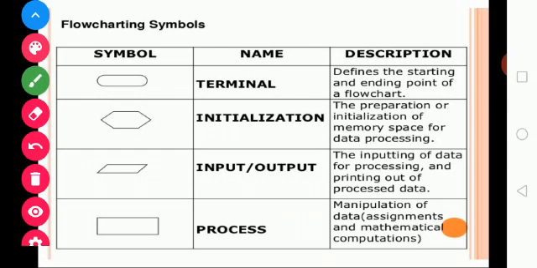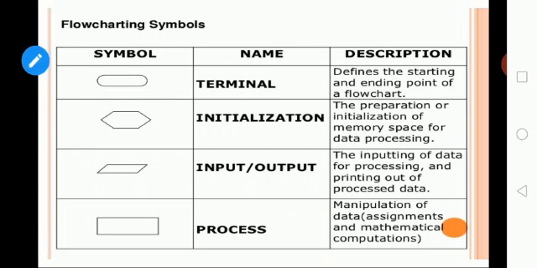Then let me see the symbols that I already told you about, the figures, that is, the symbols. What are the symbols used here in a flowchart? The first symbol is the terminal. This oval symbol is called the terminal, and it is used for the starting and ending point. Whenever we start a flowchart, it should start with an oval symbol and also end with this oval symbol, called the terminal. This symbol's name is terminal. Where is it used? In the starting and the ending point.